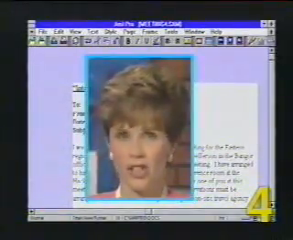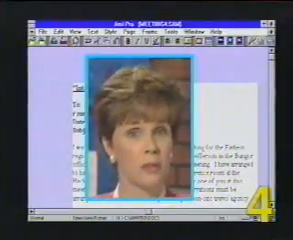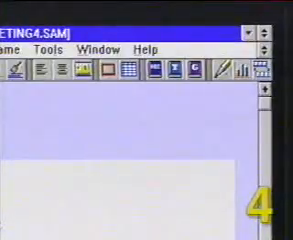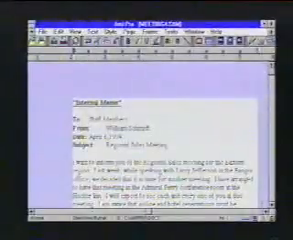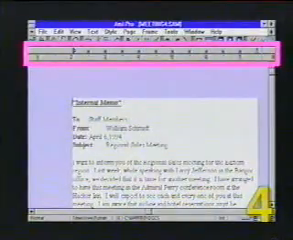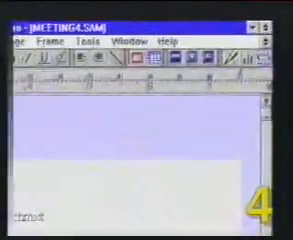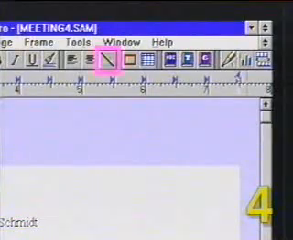Another way of changing margins and tab settings is with the MicroVideo ruler. To display the ruler, we click on the ruler smart icon, which looks like a yellow ruler. And the ruler appears underneath the smart icon bar. Notice that the ruler smart icon has changed and now appears grayed out with a line through it. This indicates that the function of the button has changed, and clicking on this button now would remove the ruler